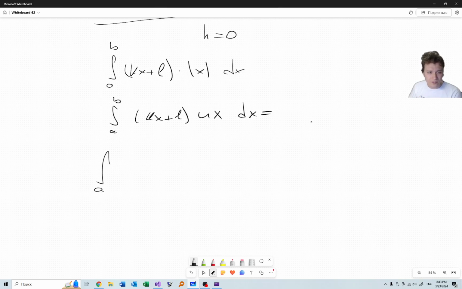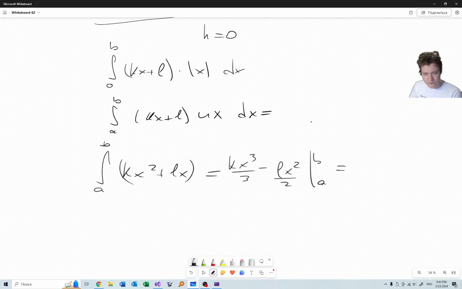The integral from a to b of kx squared plus lx equals kx cubed over 3 plus lx squared over 2, from a to b, which is k times b cubed minus a cubed over 3 plus l times b squared minus a squared over 2,